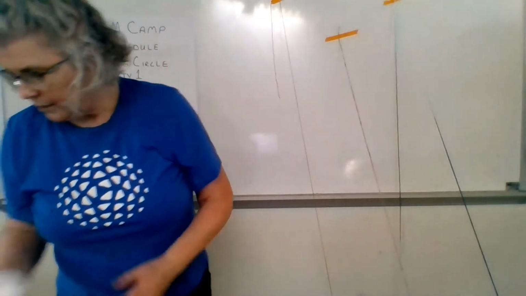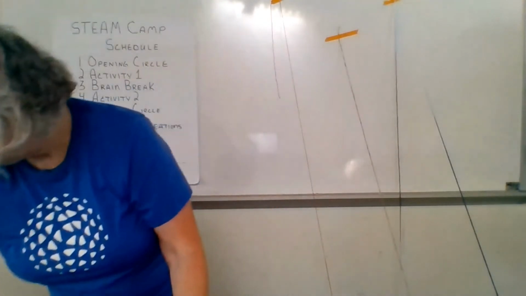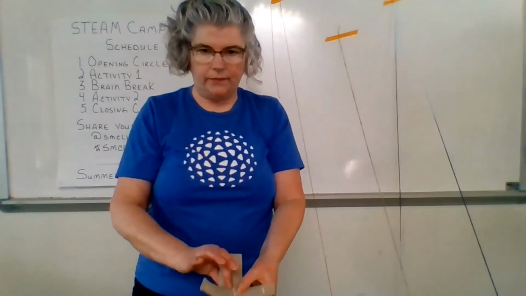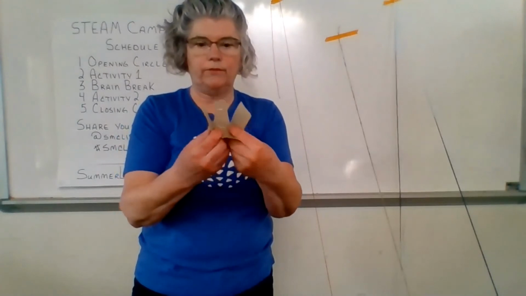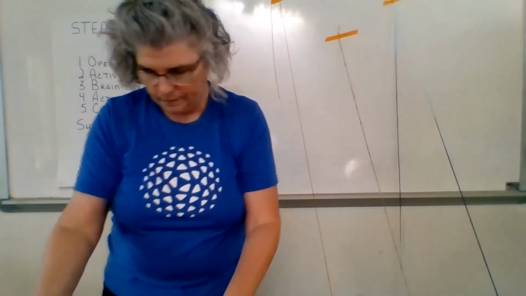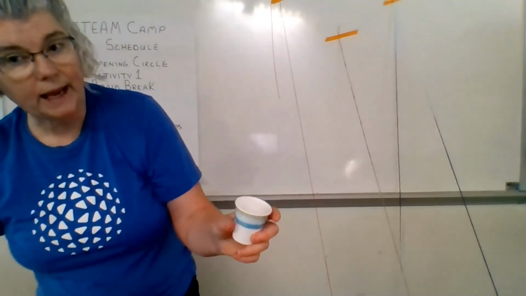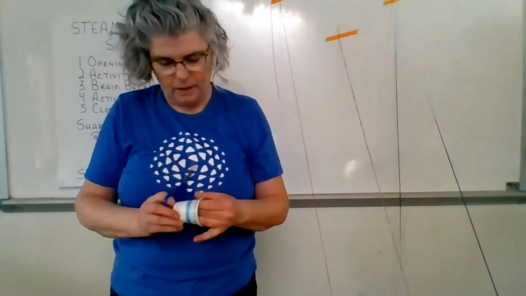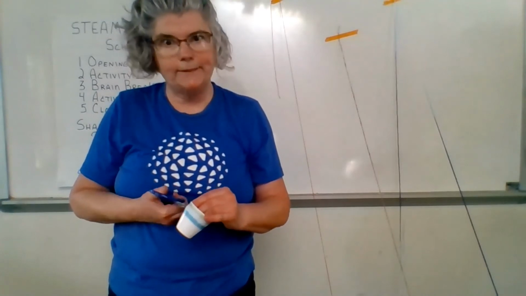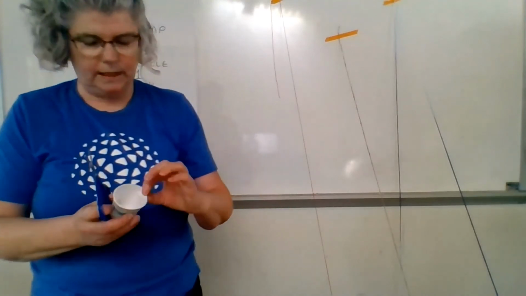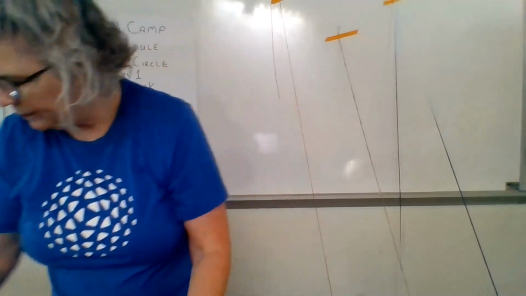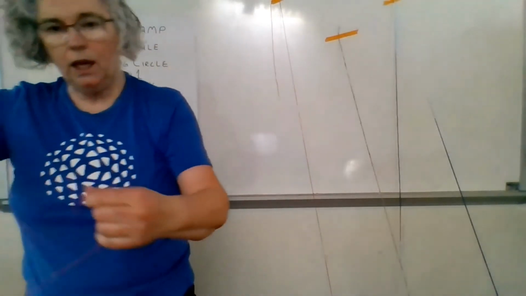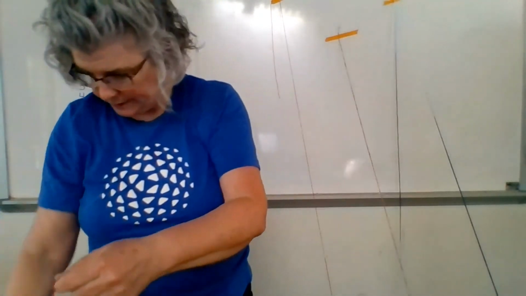So you could take a cup, or you can make yourself a little basket out of a little piece of cardboard where you fold it and tape it and you can make a basket. But whatever you do, you need to have a cup, okay? You need to poke a hole in your cup. Just poke my hole in with my scissors here. Okay, I now have holes in my cup. Right. I need some more string.